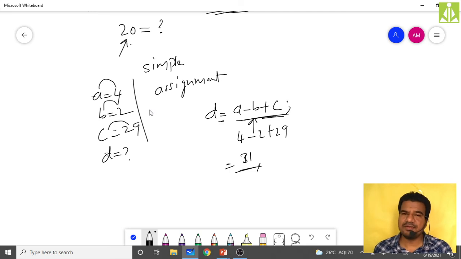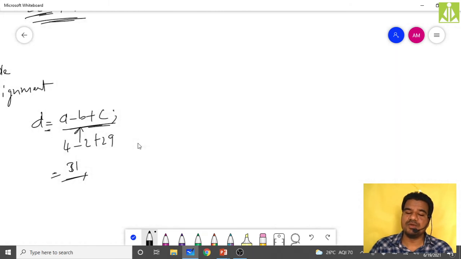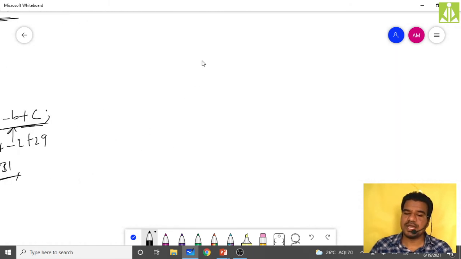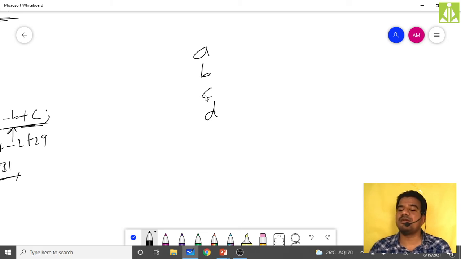Then we have multiple assignment. If you have variables like A, B, C, D in your program, and you want all these variables to hold the same value 50, let us assume this is your requirement.